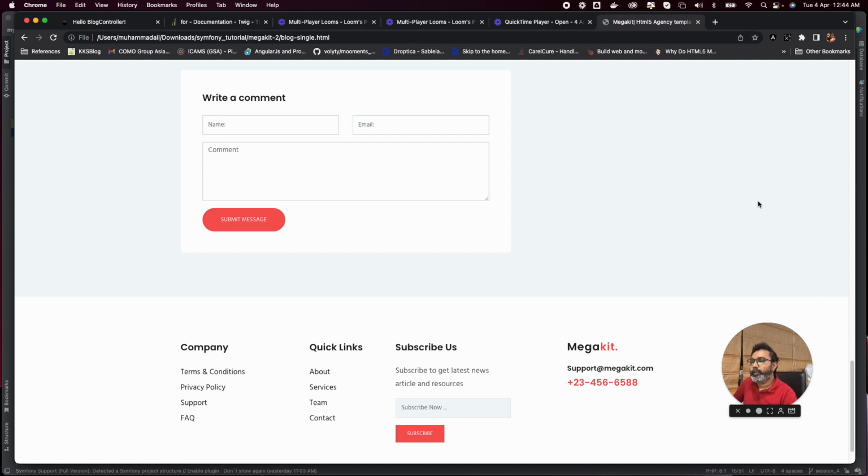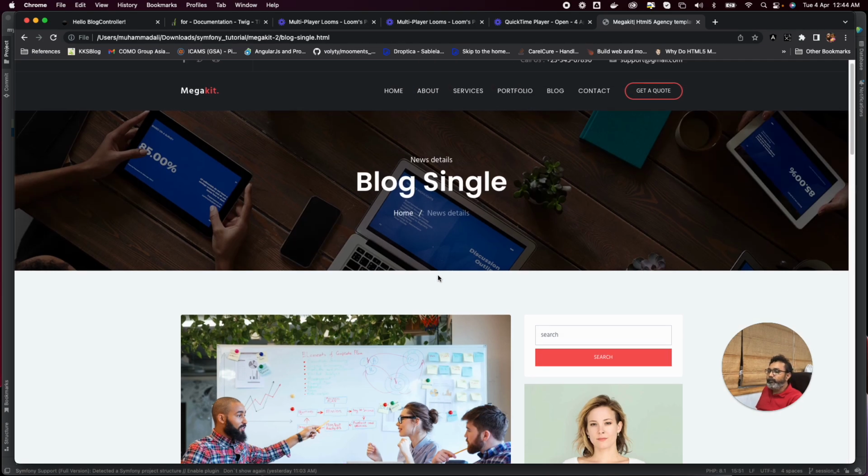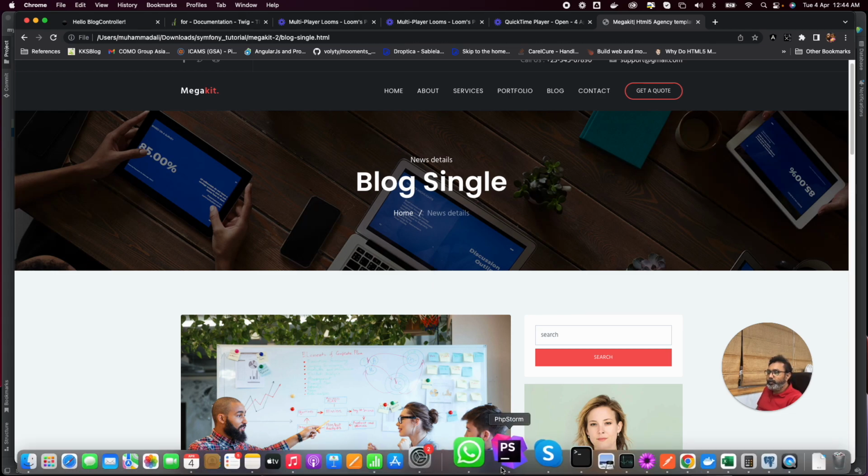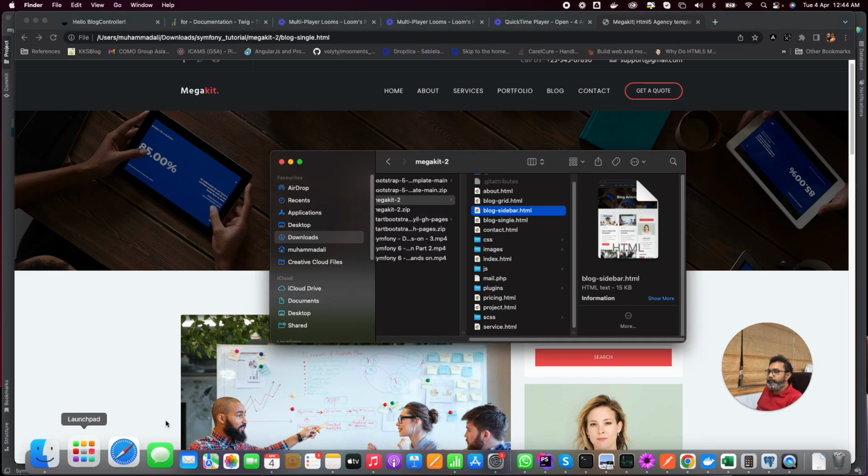This is what we are going to do first, before going into pagination and all these things. So let us integrate this theme. How can we integrate this theme in our Symfony project? Okay, let us open this web page